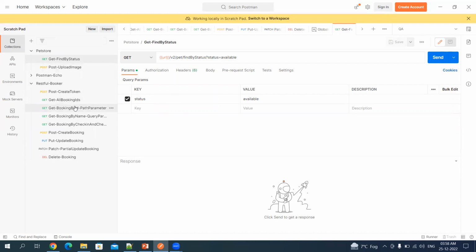It is very helpful. So we have learned so far the environment variable, which can be used within the collection, and then the global variable, which can be used in multiple collections. And it is